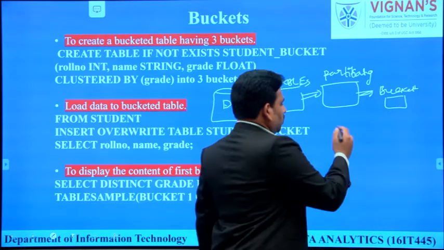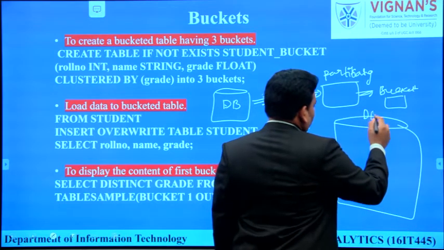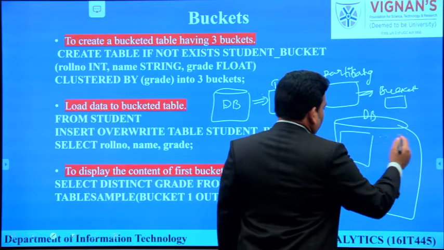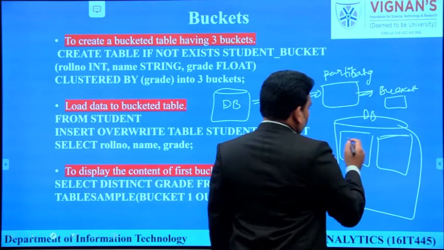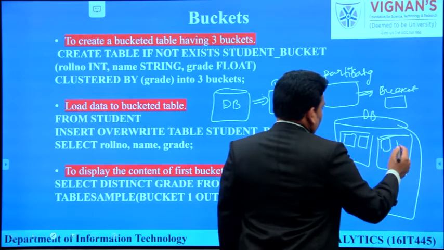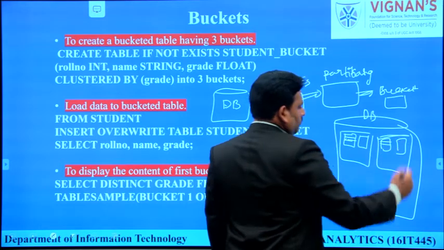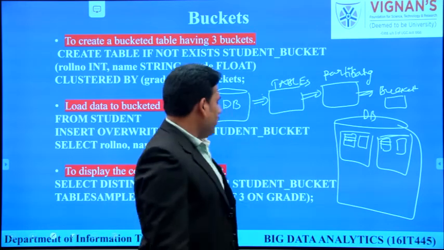So if you look closely, let us take this as a database on a larger scale. In the database we will have tables, all tables are going to be partitioned, and every partition will have buckets. That is the minute level of accessing the data.